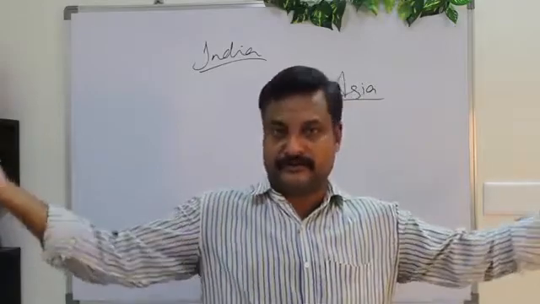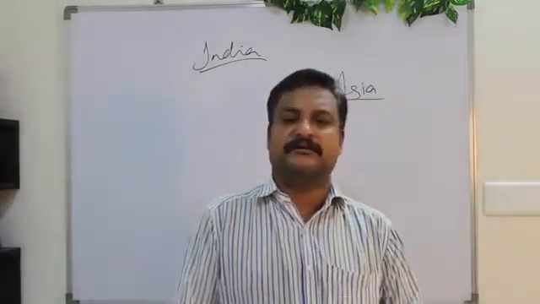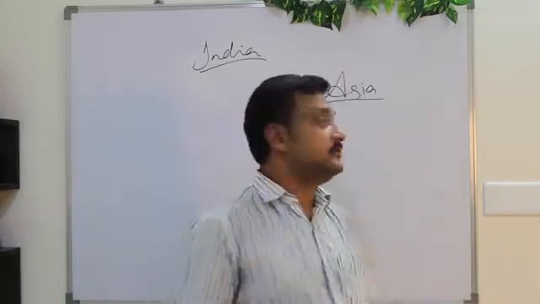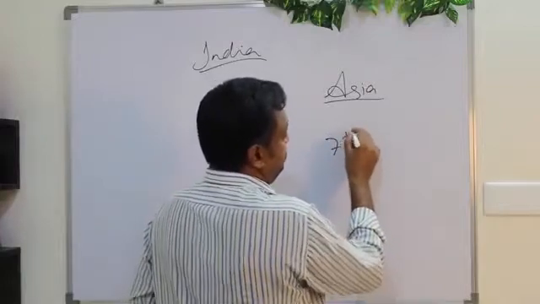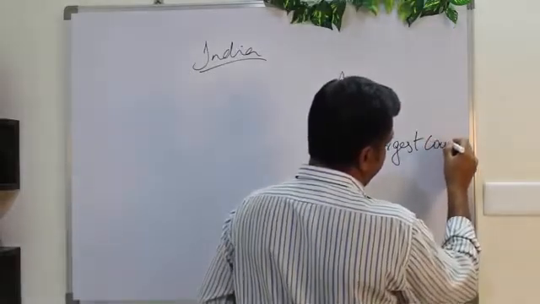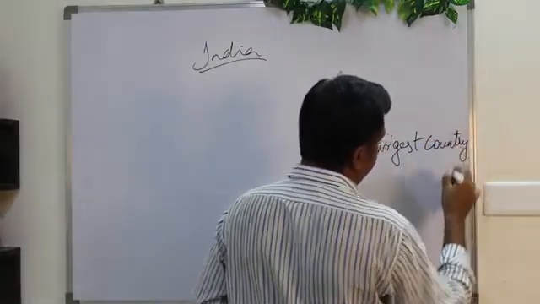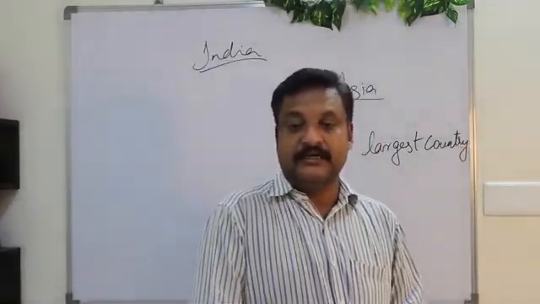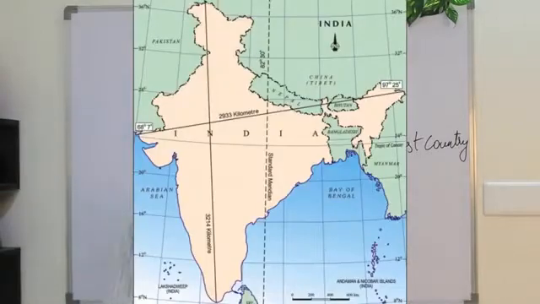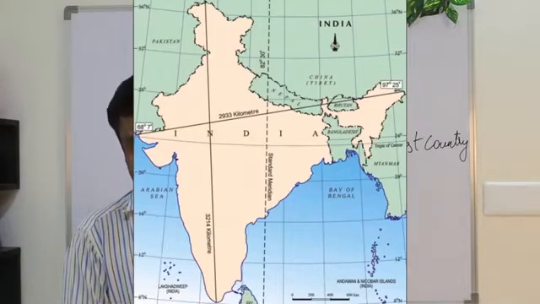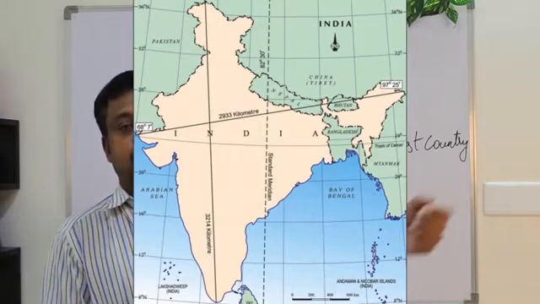Now, India is a very big country. It is the 7th largest country in the world. Okay, India is the 7th largest country in the world, and it measures, look at the map, it measures 3,000 kilometers from west to east. From the eastern tip in Arunachal Pradesh